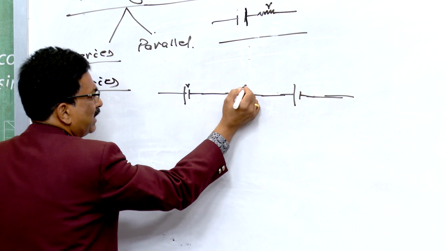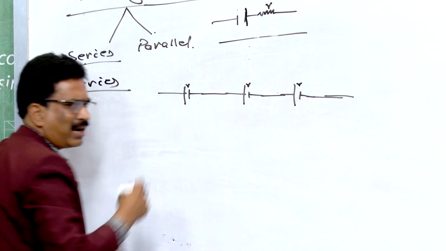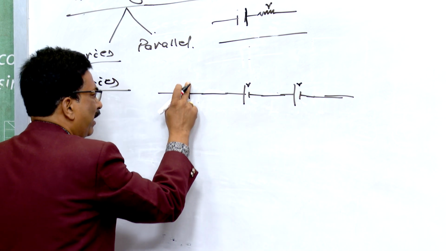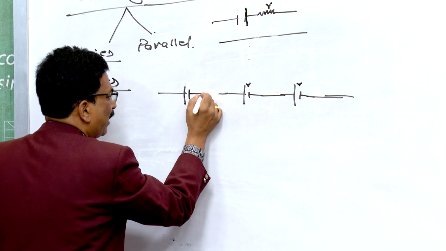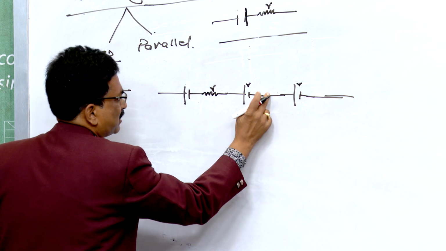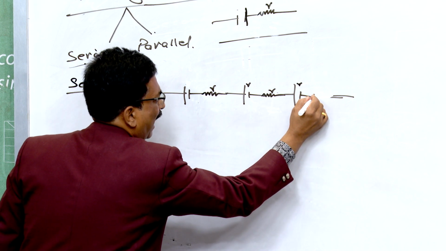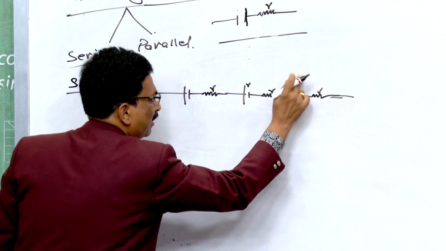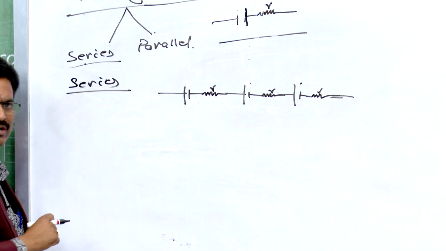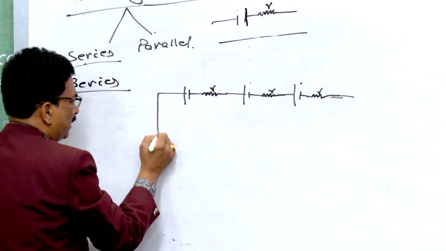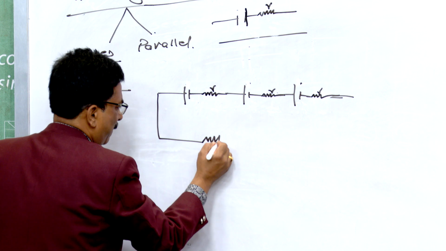Then inside it I will write the internal resistance. Or you may not write it here and simply treat it as having internal resistance. That choice is yours, whichever you accept. So, if they are in series,